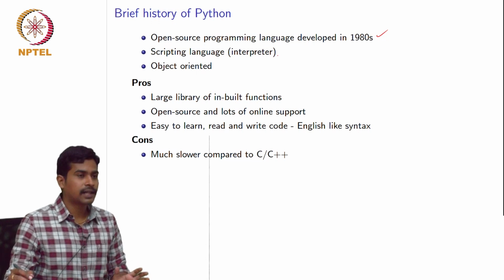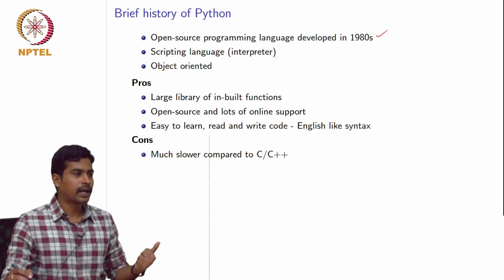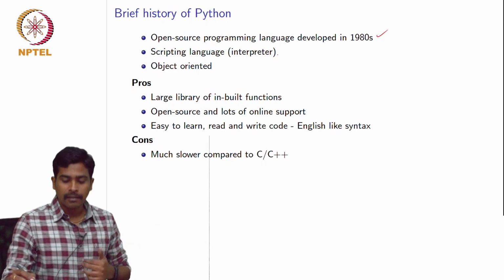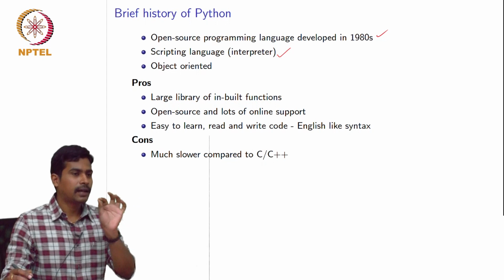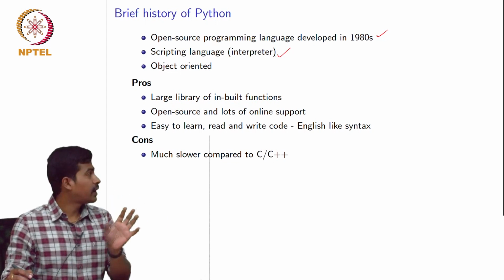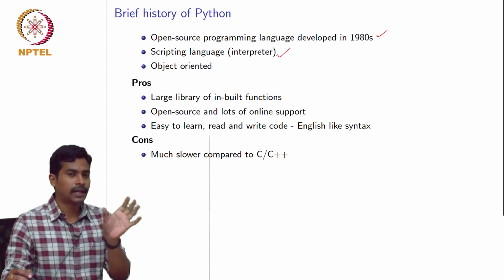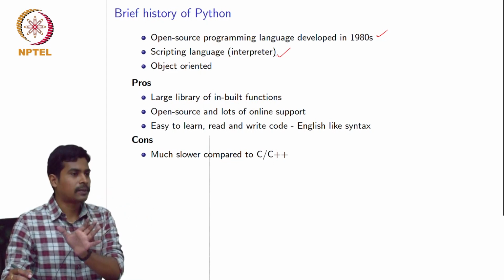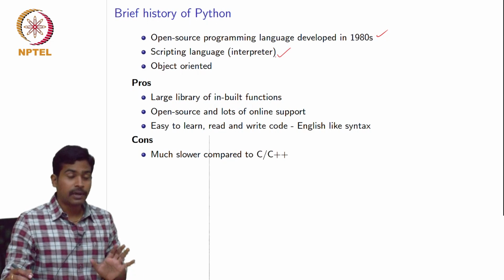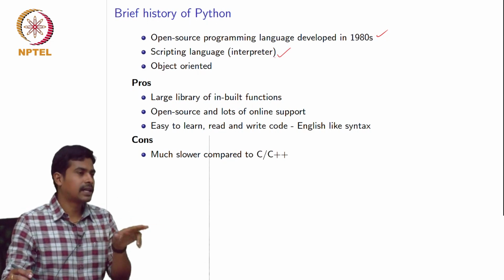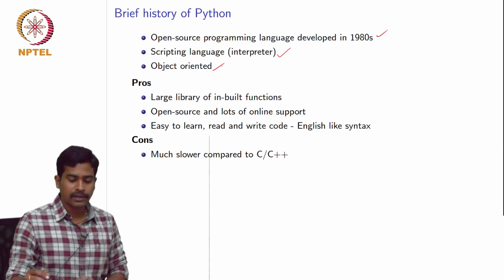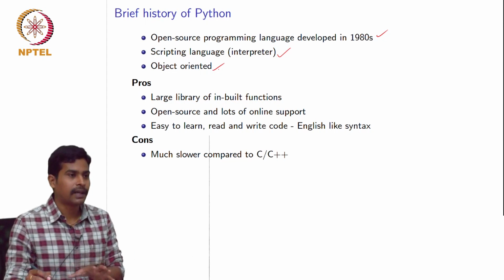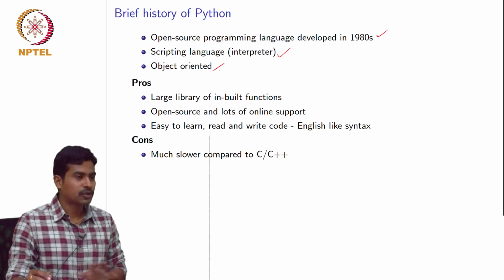The difference is, in C, if you write a program and compile it, the whole program gets compiled and after that you execute the program. But in the case of Python, if you write a 20-line program, the interpreter will take one line, execute it and then go to the next line. For example, if you have an error in the 10th line, the interpreter goes to the 10th line, and if there is an error, it stops there and doesn't execute the next lines. But a compiler will compile the whole program, even if there is an error somewhere in between. It's also an object oriented programming language, and we are not covering this aspect of Python in this lecture because it's beyond the scope of this course.